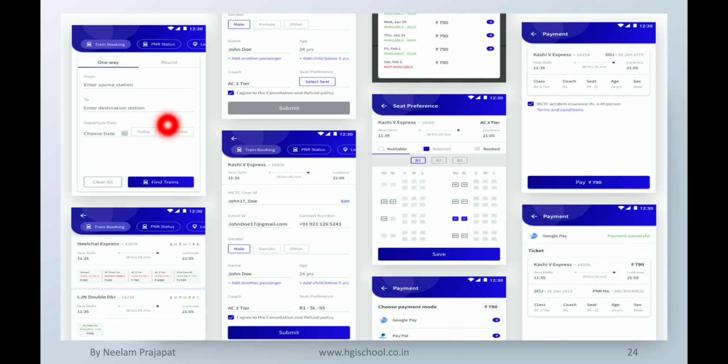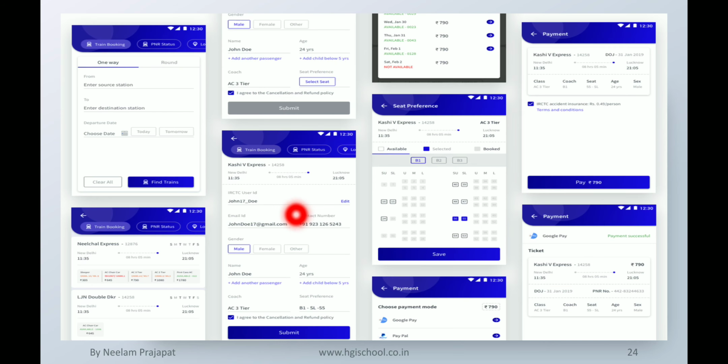This is done with a mobile app. So here we can see in From we can enter where we have to go, and the destination where we have to reach, the date, etc. we have to select. Then after that we will get some results. So according to our convenience, we can choose a train, and then after that we can provide our details.